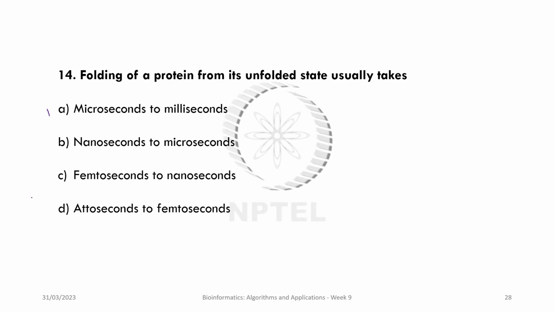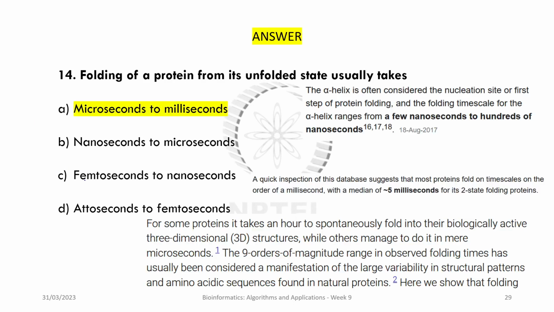And you look at the options, that seems, thank you Devangana, the most probable option, right? Nano to micro even looks kind of okay-ish, but femto to nano and atto to femto I'm going to disregard. They'll be extremely fast, and I don't know if we have instruments accurate enough to even measure such. So in answers, I have